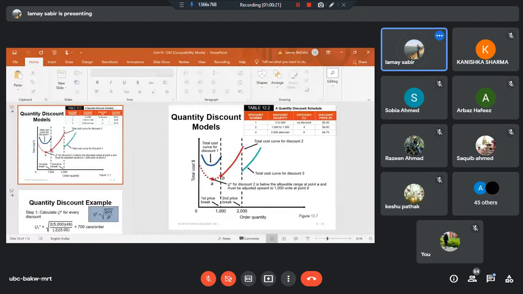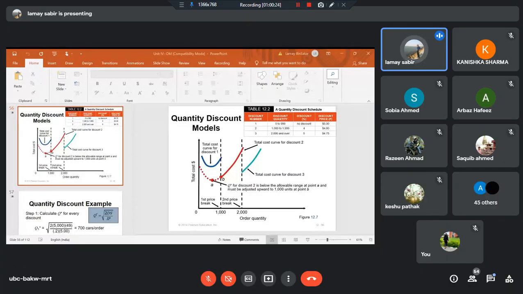This is the graph. Now, as usual, the graph represents 3 curves. Which curves? Total cost curves. Total cost curve first, which is the indication that this is for Q1, for the first discounting scheme. Total cost curve 2 is the indication of the quantity Q2, and this is for the second discounting scheme. The third curve is the total cost curve for quantity discounting Q3. Suppose that there is a 4th discounting scheme, then we have the 4th curve.